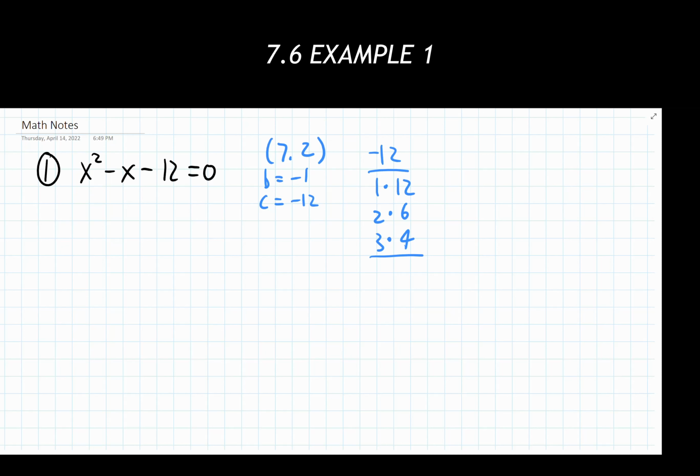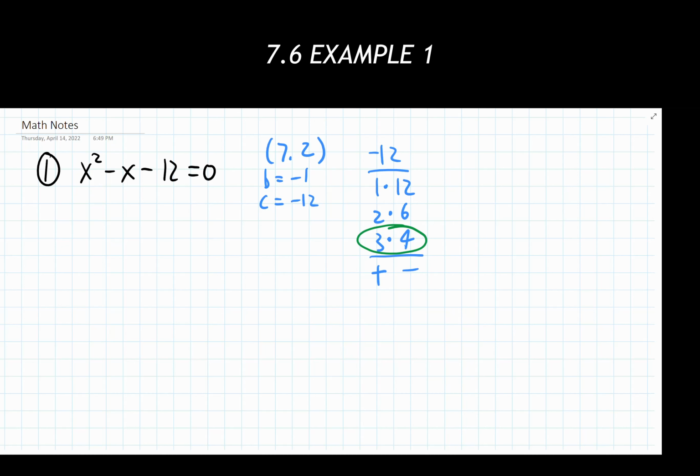So we list all the factor pairs. We need to determine the signs for these. They multiply together to be a negative number, meaning one is positive, one is negative. Which one's positive, which one's negative? I look to the b value to tell me the sign of the larger column here. So this right-hand column is going to be my negative numbers, left-hand is going to be positive. And again, we're looking at that because small numbers on the left, large numbers on the right. If the result should be a negative, then the larger numbers have to be negative. So which ones add together to give me -1? It's going to be this -4 and 3. Let's circle that here in a different color.